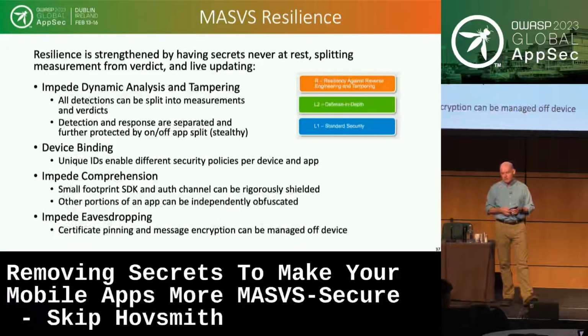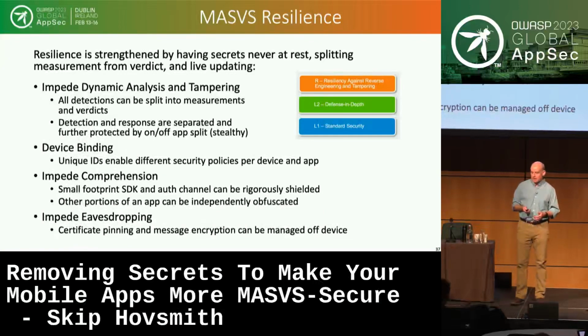And do we impede eavesdropping? The last section. Well, we're providing certificate pinning assistance with this technique, and we can change pins on the fly. So you can set up rotation policies. You can use a service to constantly check, is my certificate still valid? If it's not, you can find the correct certificate and download it to your application so your users don't even necessarily see much of a hiccup if a certificate does expire briefly. Message encryption, same thing. You're getting a little bit of strength from the fact that these secrets are not sitting at rest in the device.